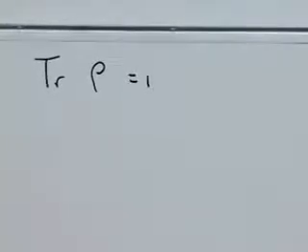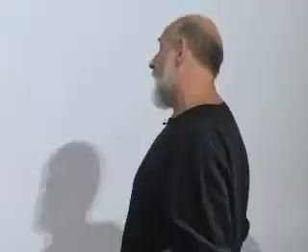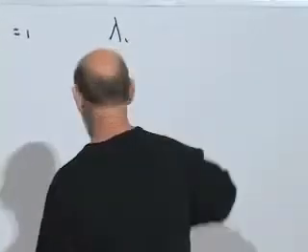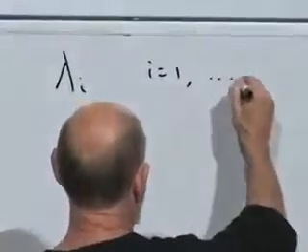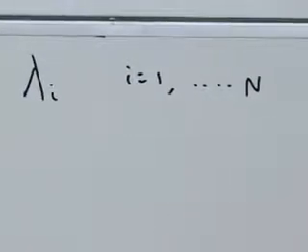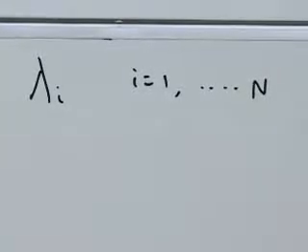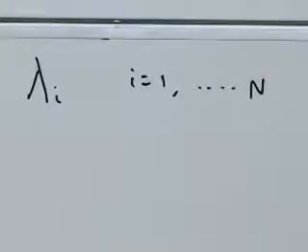Probabilities are real, so in classical physics you would assign real probabilities. Only somebody with a very bad disorder would assign them complex probabilities. It wouldn't make any sense. The analog of that for quantum mechanics is that the eigenvalues of the density matrix are real. Let's label them lambda_i, where i equals 1, 2, up to n, where n is the number of dimensions of the vector space. Are they all positive, too? Yes, they're all positive.